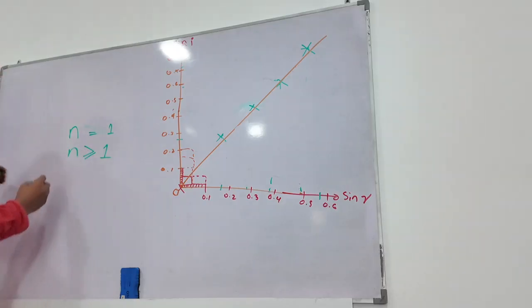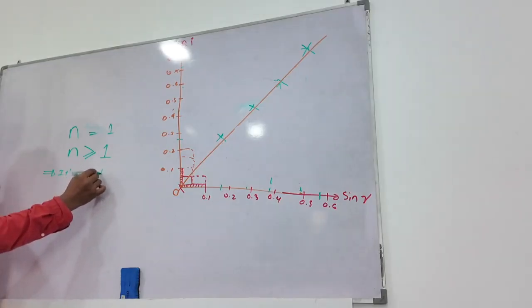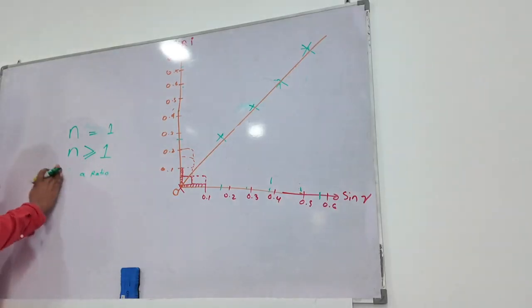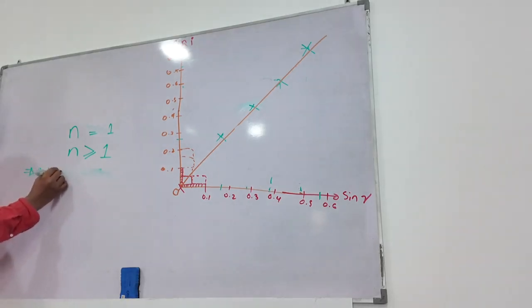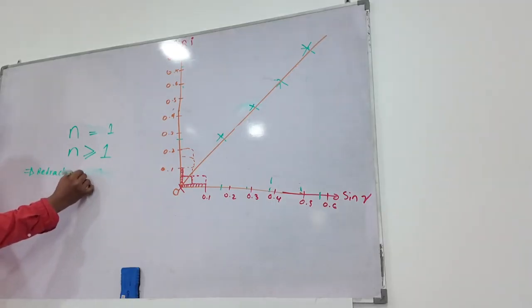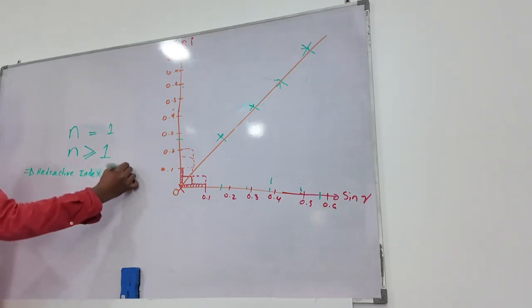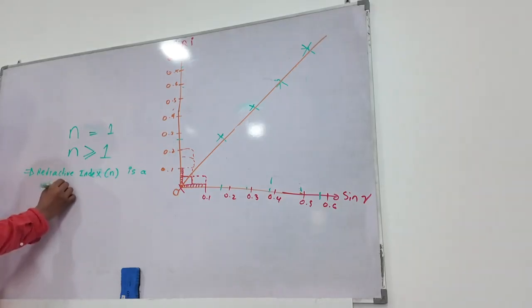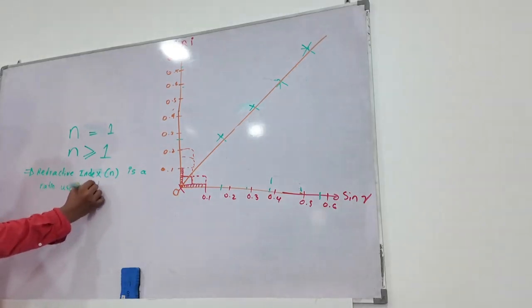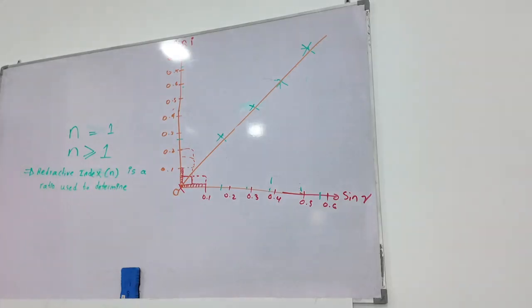This you have to understand. So it's a ratio. Refractive index is a ratio. The symbol that we use to represent this refractive index is N, guys. Refractive index is a ratio used to determine